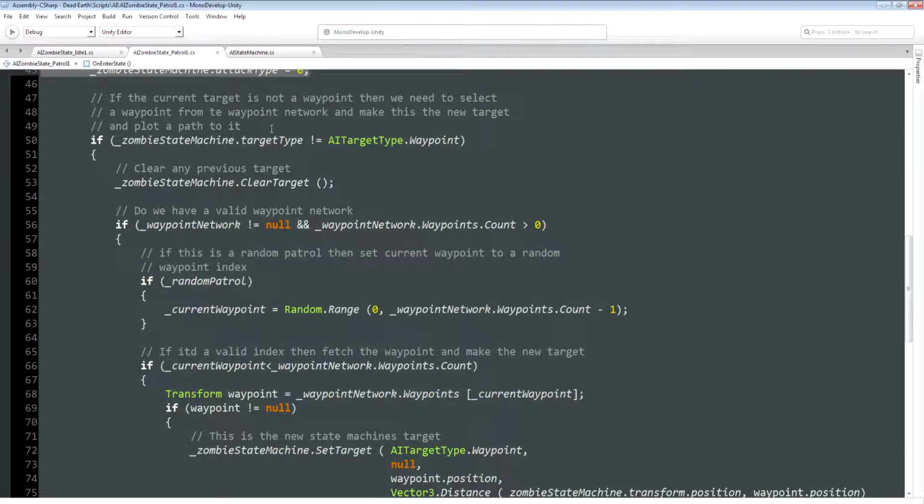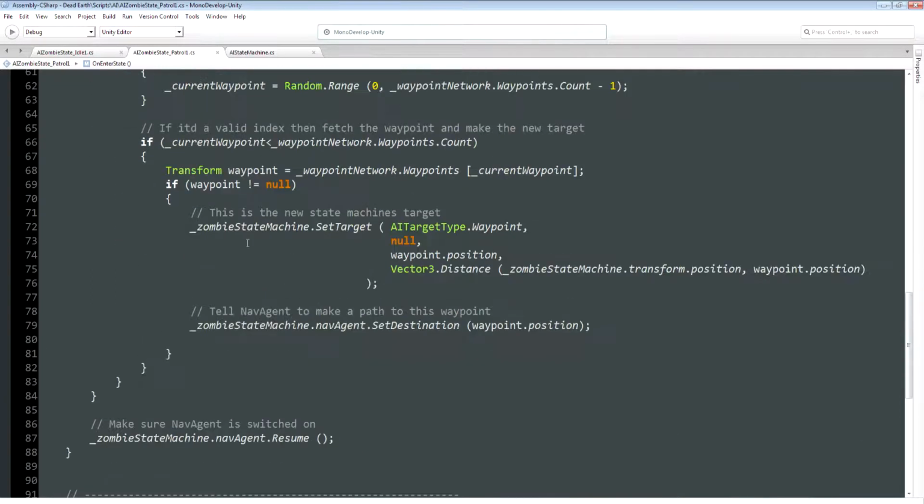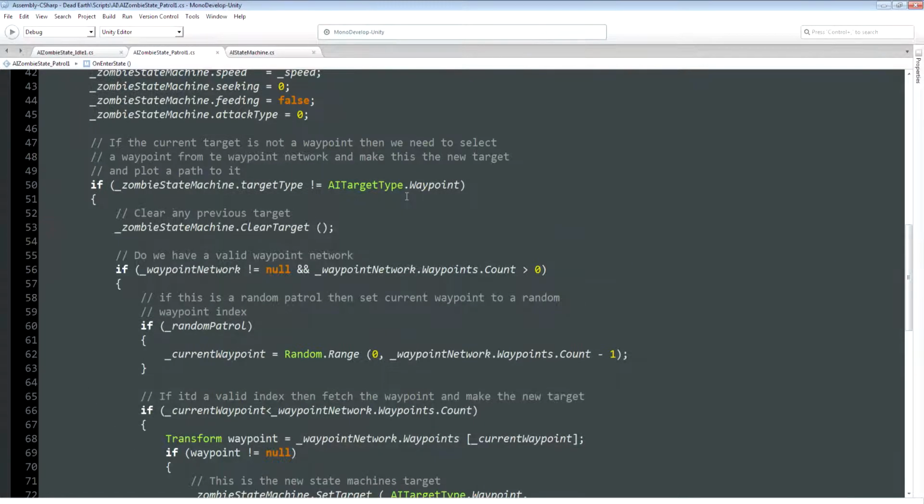And then what we do is we check the current target type that is set within the parent state machine. If it's a waypoint, then we don't really do anything, because it means that we've probably just come back into this state from having previously been in a patrol state and then dropped into an alerted state, really just so we can use the root motion and the turn on the spot left and right animations. And then we've aligned ourselves with the waypoint target, and then we've dropped back into this state. So when that's the case, we don't really do anything. We just call zombie state machine.navagent.resume